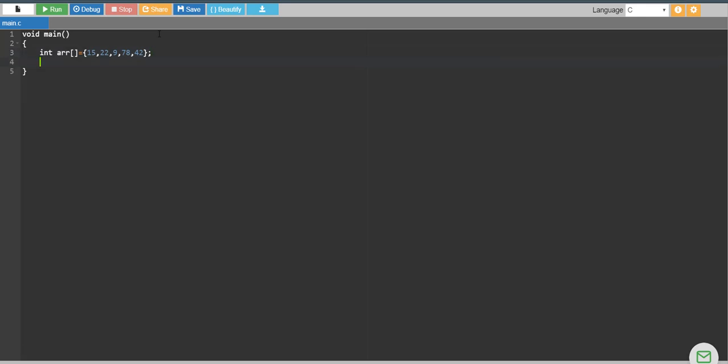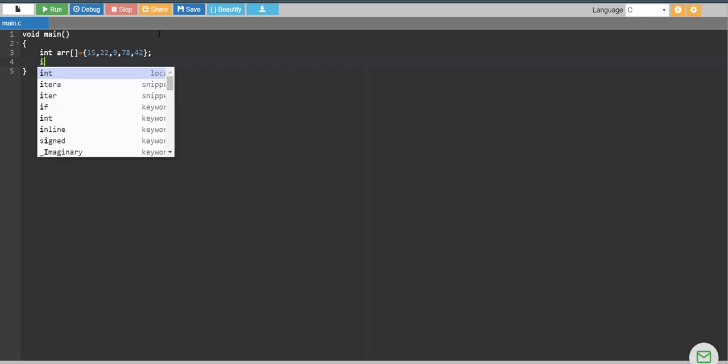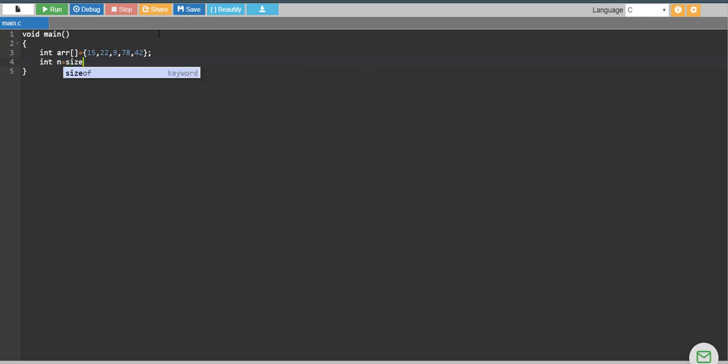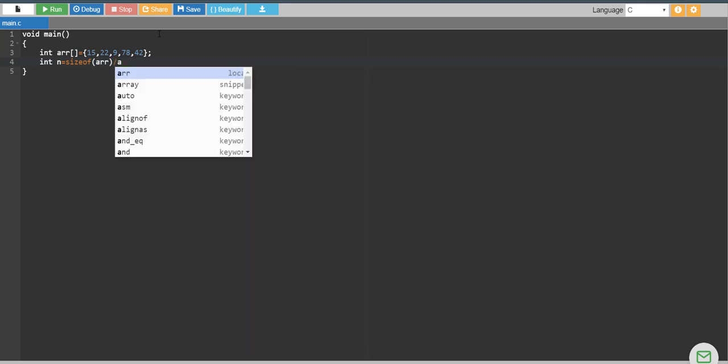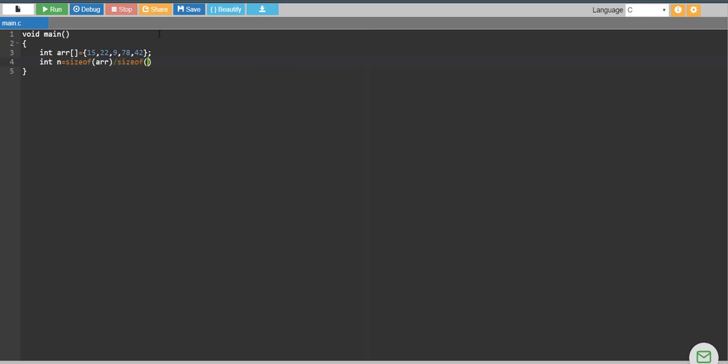Now let's calculate the length of our array to iterate a loop. Integer n equals to, I am going to use the sizeof function here to calculate the length. Now I am going to call a function to perform bubble sort. We will define this function later once we are done with our main function. Bubble sort, I am going to pass here an array and its size.